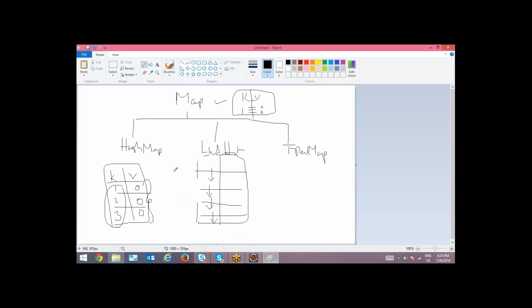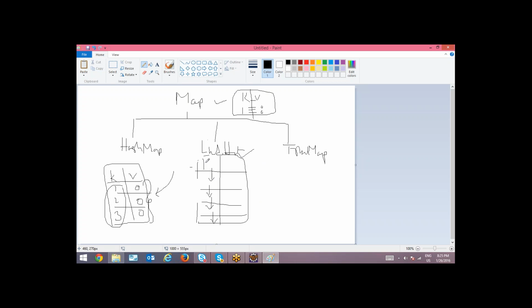But when you are going to search for an element, in a hash map it can be done fast. Because whenever you give a key, randomly it will pick. Whereas in a linked hash map, when you are searching for an element, it will go in sequential order, so it will be slow. But when you perform delete and update operations, this is fast because of pointers.